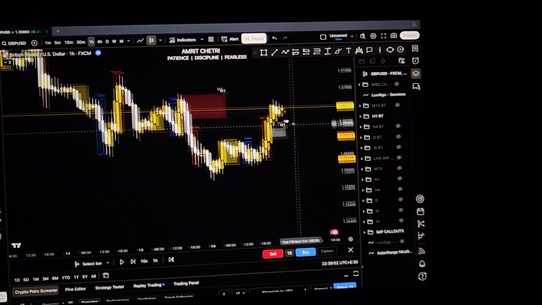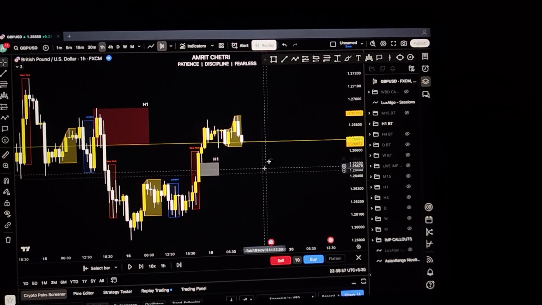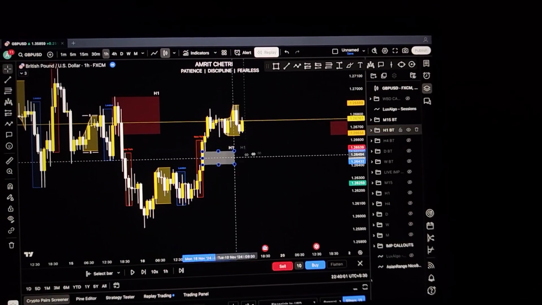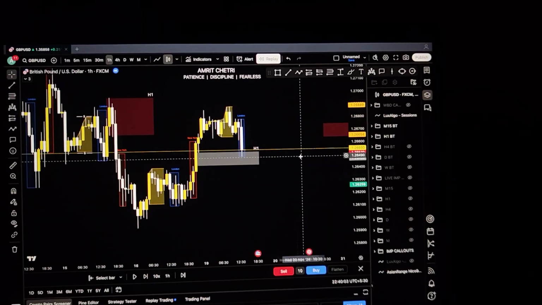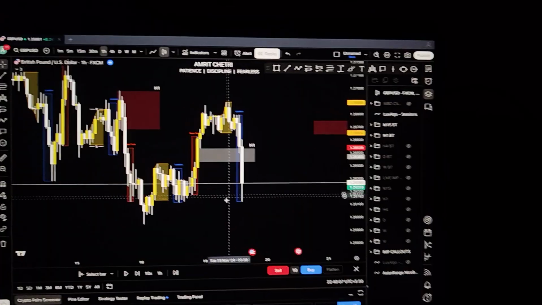And if I go to the H1, I am looking for some sort of demand zone to buy from, and waiting for the Asian range to close. After the Asian range closed, the only zone that I could spot was this H1 fair value gap, which was also not respected. As you can see, the London session literally went to the downside.